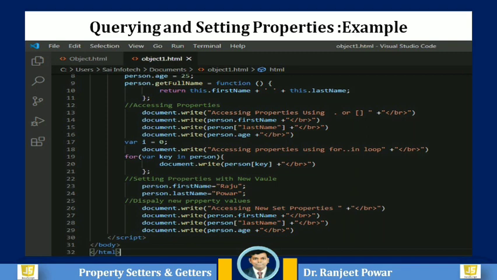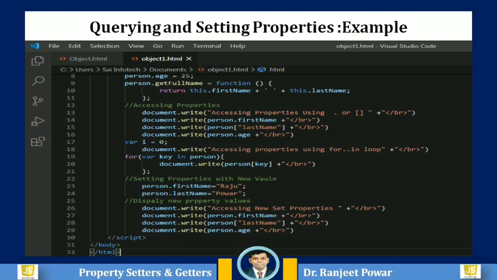So, in this example, for in bracket var key in person. Key is the key of the person object that is accessed using the for in loop, and then we can print the keys of that particular person object, and from that also we can print the value of the keys.